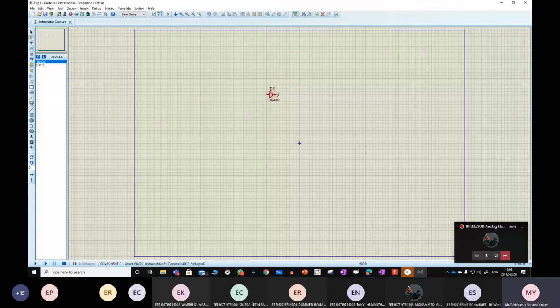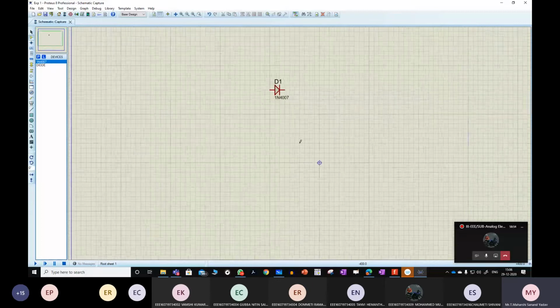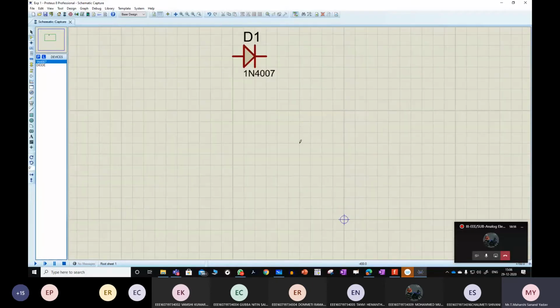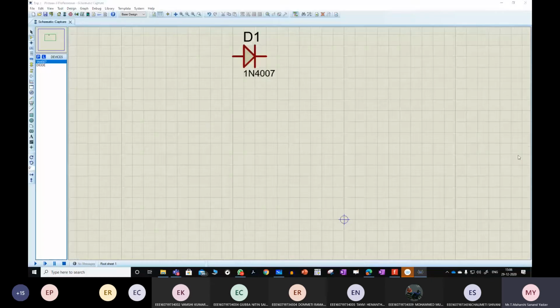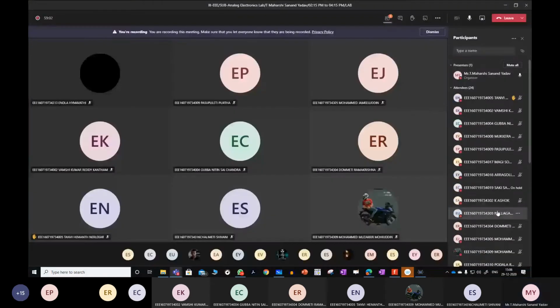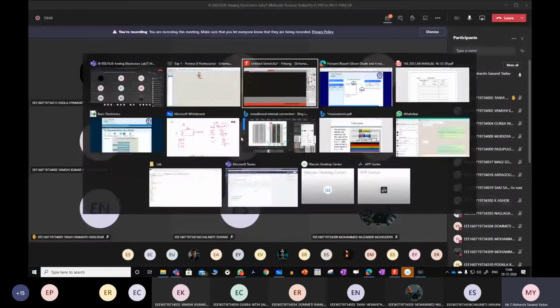This is how you can drag and drop, and in this manner you can connect all the different circuitries. In the next labs, I'll show you. At least try to install that software by the next session so that it will be easy for you to understand. Now I'm going directly with the online simulation tool so that it will be easy for you to understand at least the working part.